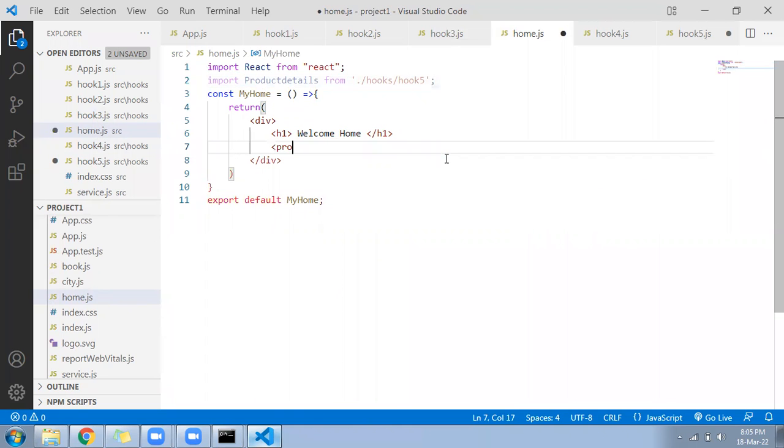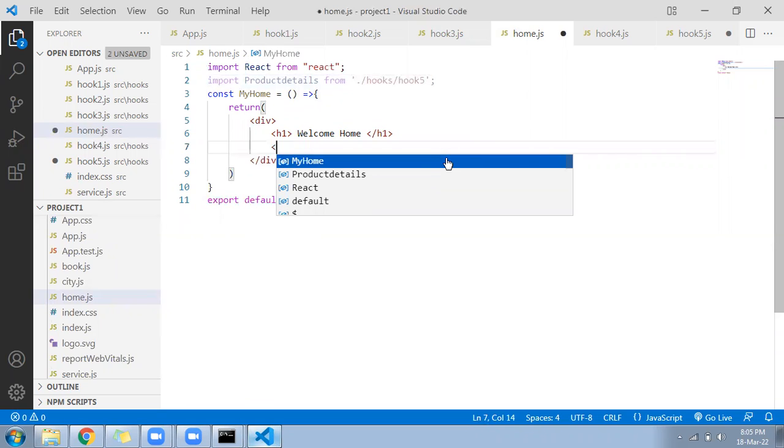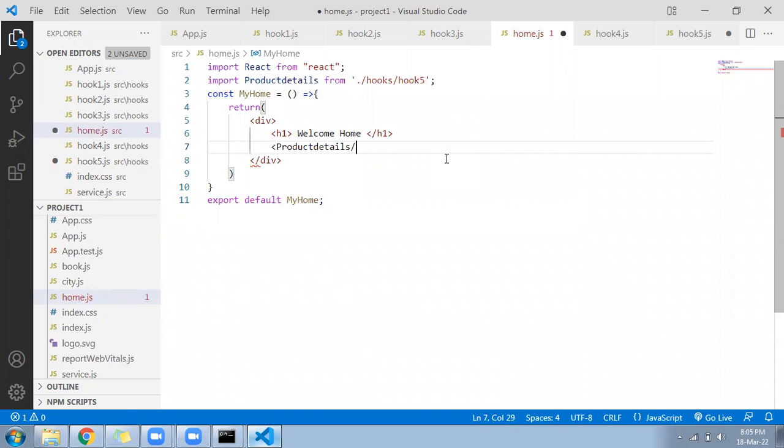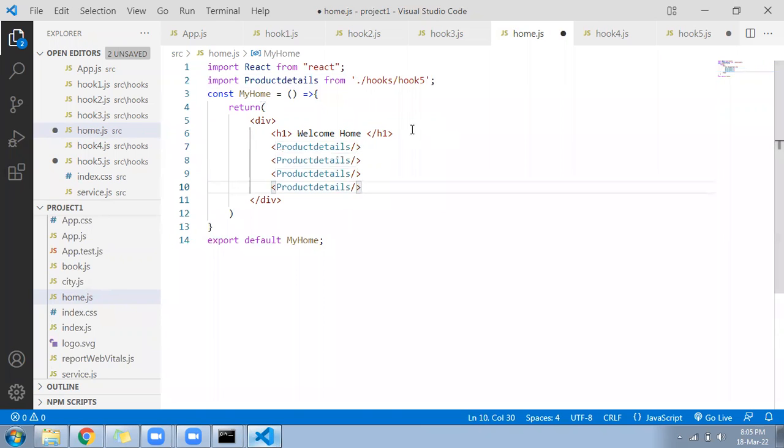product details one time, product details one more time, product details one more time, product details one more time. Call 4 times, same component. Change the heading,